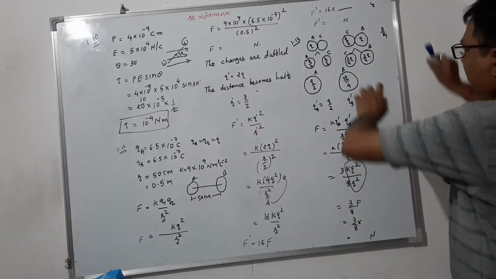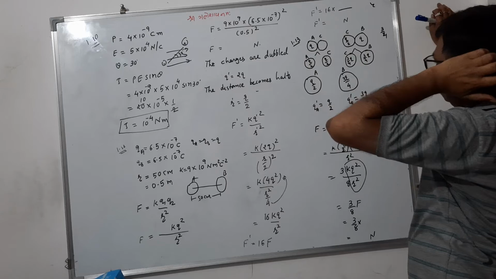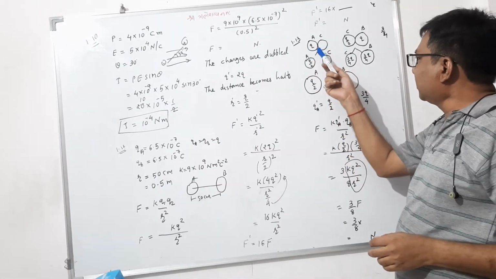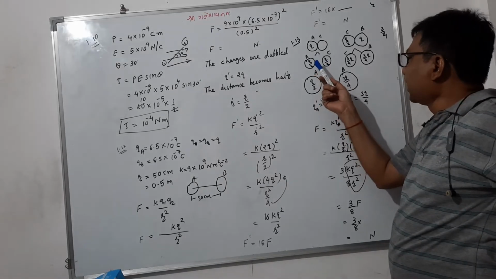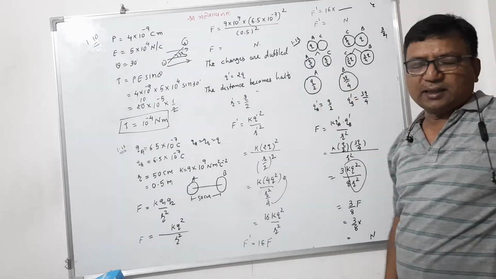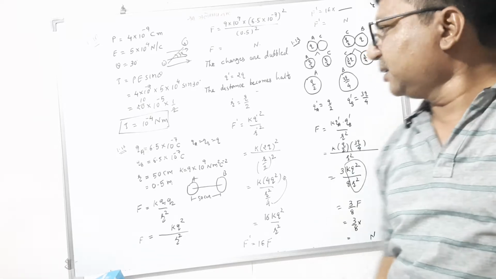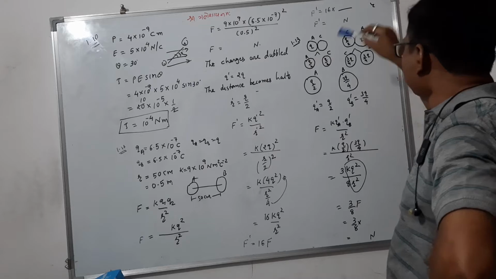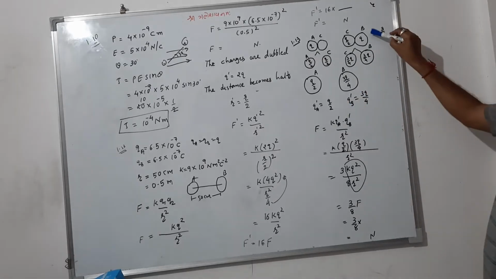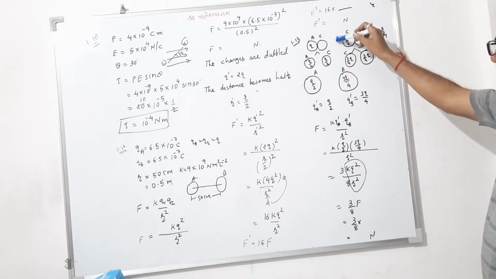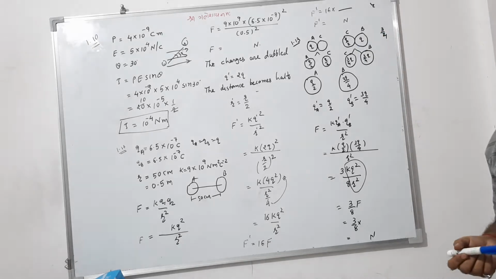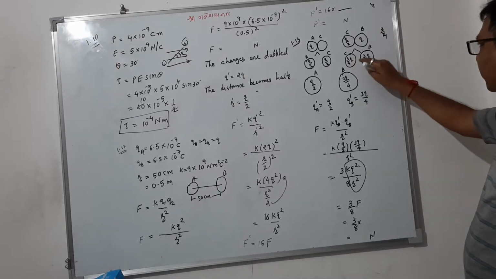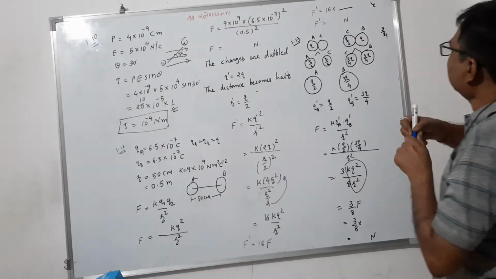You know that when it first contacts A, it will take half of the charge. So q by 2 is distributed, and with this charge q by 2, it goes into contact with